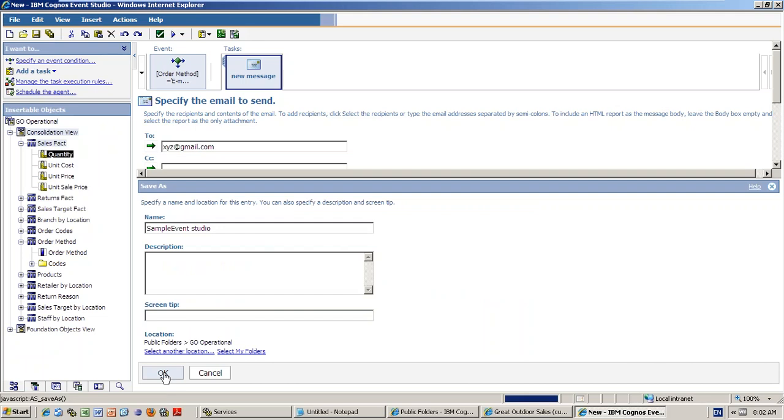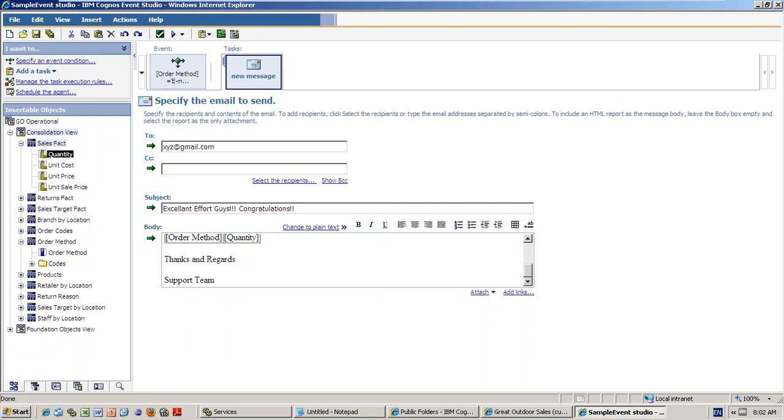Right? So this is how first I will create. Tomorrow, maybe in the next class, I will discuss with you the different tasks and execution rules, so many things are there. We will discuss that. And this is just the default.